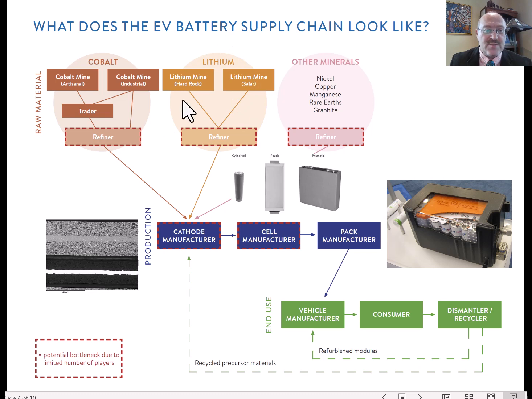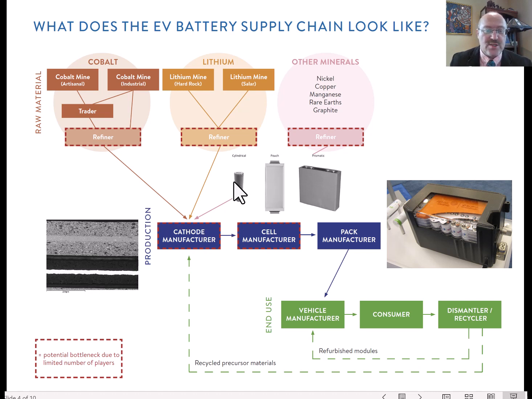The same process is for lithium. It could be from hard rock, or it could be from special baths. The salts are dissolved and then they're dried up, and then the crystals form, and those crystals are sent to refineries. And from refineries, again, it goes to the cathode manufacturing. And the cathodes look like this, kind of like a paste on the base material. And then those are rolled up or left as a flat material.